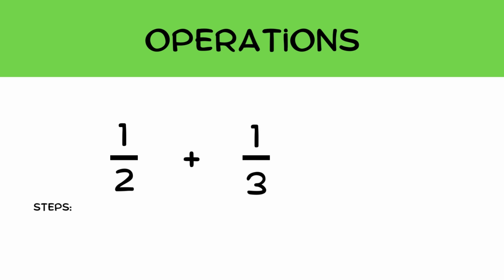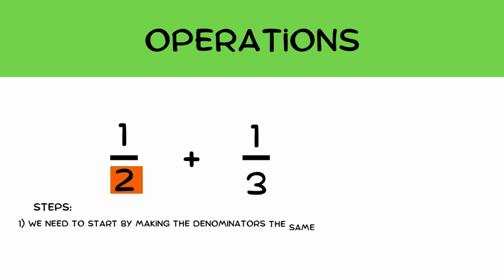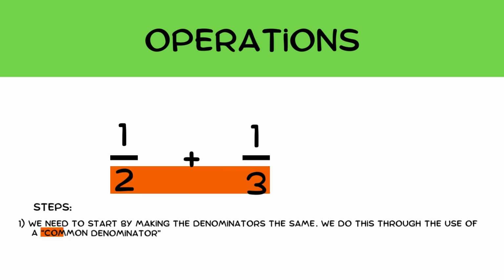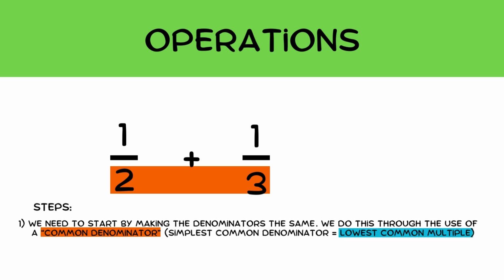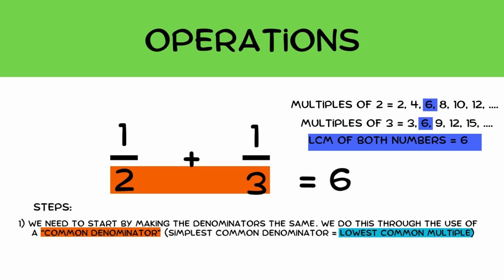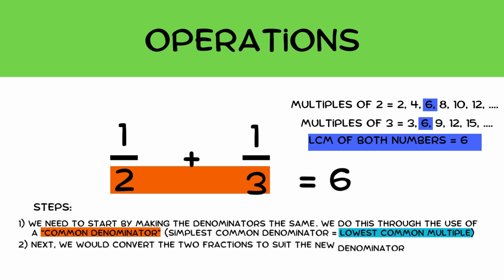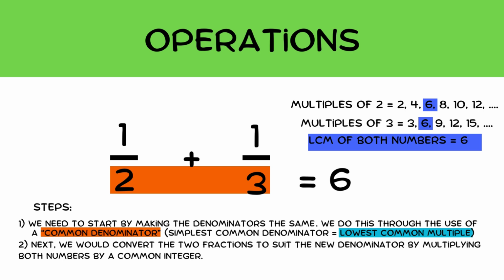As we explained, the first thing we need to do is make the denominators equal. This means that we need to find what is known as a common denominator. The simplest common denominator of two numbers is simply the lowest common multiple of those numbers, which would be 6. Therefore, we need to convert both a half and a third into a fraction which has 6 as its